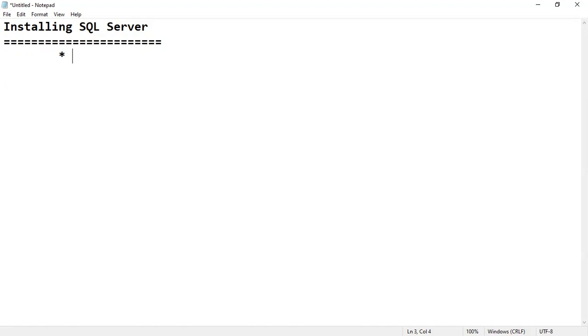Installation we'll see here. Check here, step one is to install SQL Server, the SQL engine; both are the same.